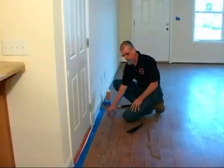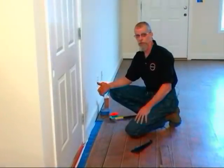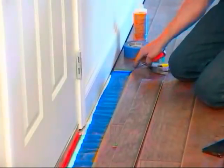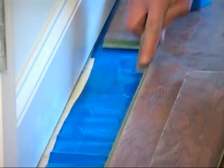Okay, when you end on your last row, there's occasions where you can't use a pull bar. The alternative to that is to shave the locking lobe off of the groove side of the plank that's on the floor. Now we've already done the short side here. What I'm going to do is carry on and just